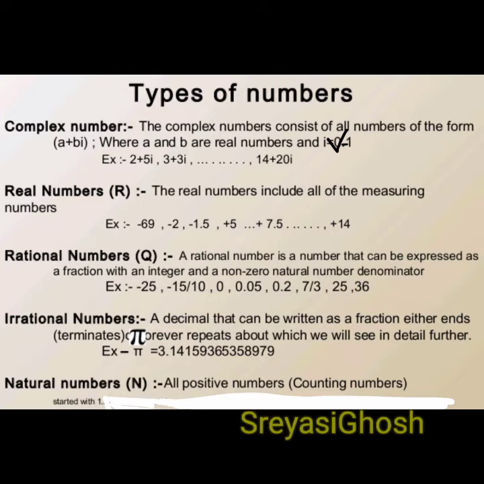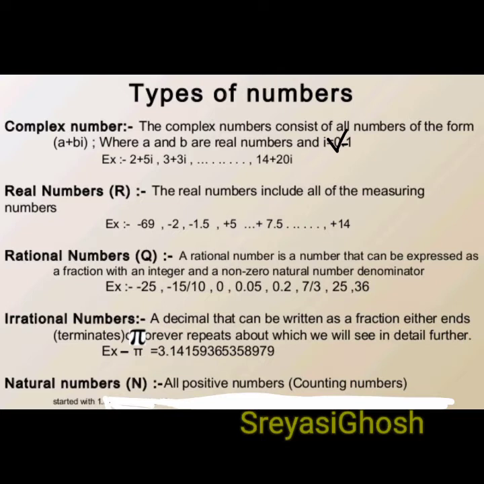Of course, you have to keep in mind that if we write it in the form of p by q, both p and q are from the integer set, but specifically q, that is the denominator, is not equal to 0. If we have q equal to 0, in that case we cannot say that it is a rational number. In fact, any number divided by 0 is undefined, not even infinity. Many of us get confused with this thing.